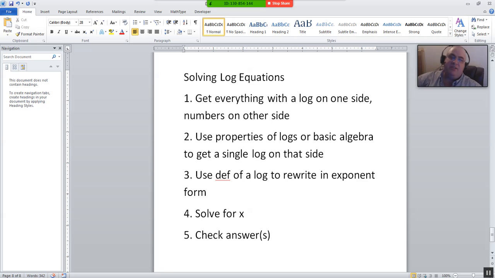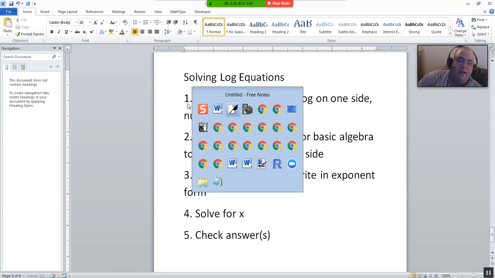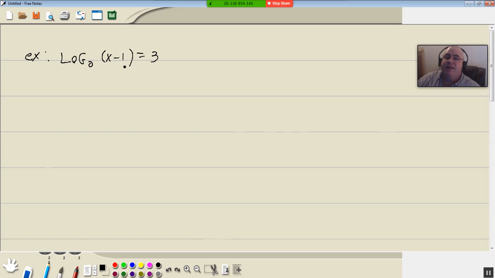You don't have to fully check it, just to make sure you don't have a log of 0 or log of a negative number. Step 1. Get everything with a log on one side, numbers on the other side. That's done. Step 2. Get a single log. That's done. Step 3. Use the definition of a log to rewrite in exponent form. Remember our b, and p, and q? Now whatever number follows your log, the small one, that's your base. That's your b. And then what follows that is your q, and then the other side of the equals is your